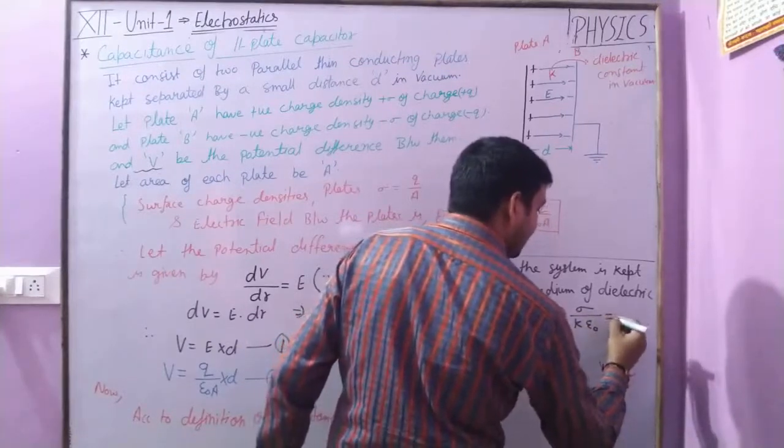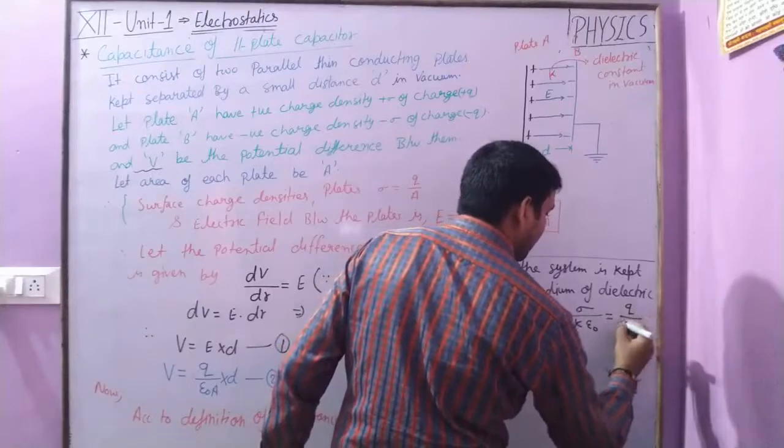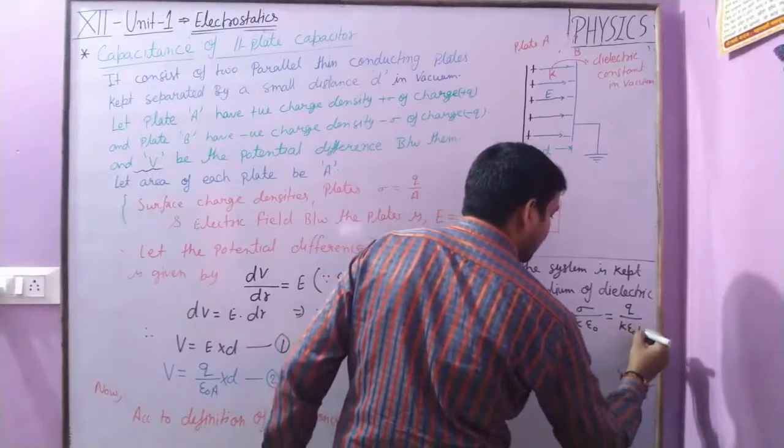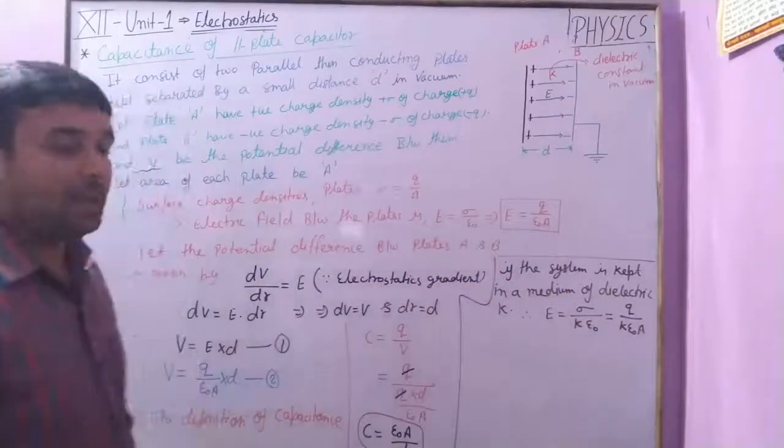So this result will become Q upon K epsilon naught A. Okay, therefore